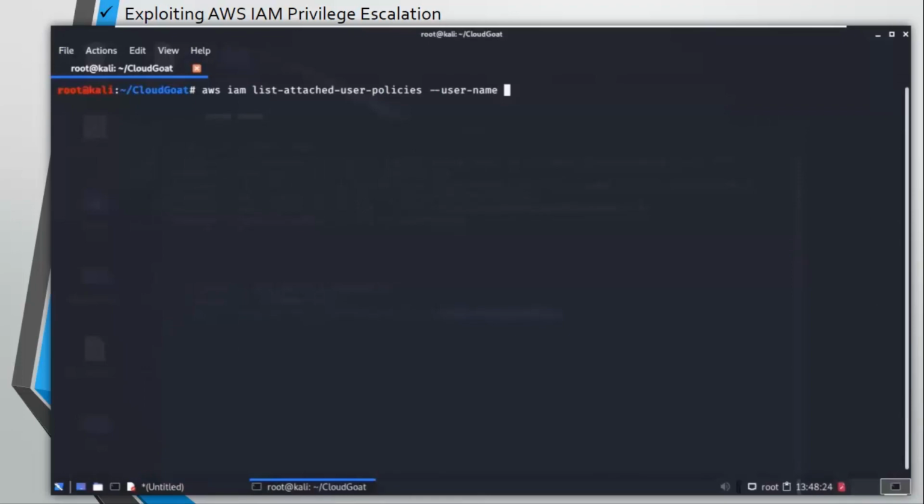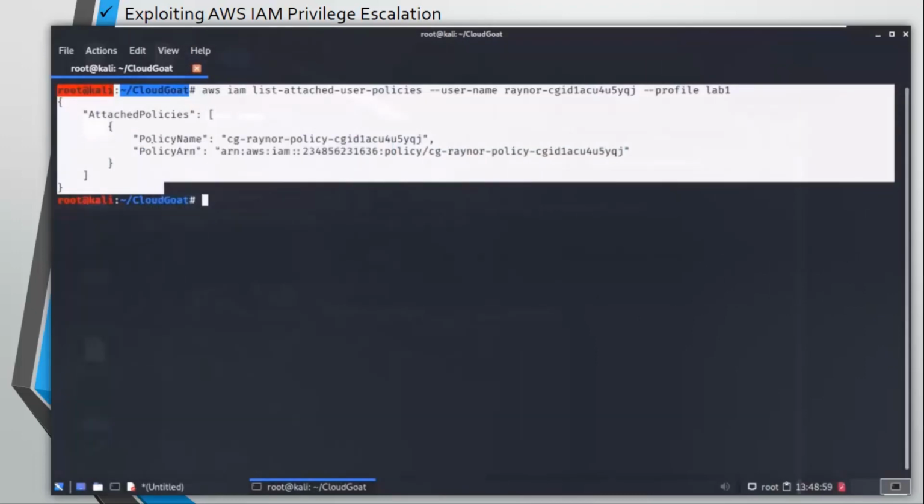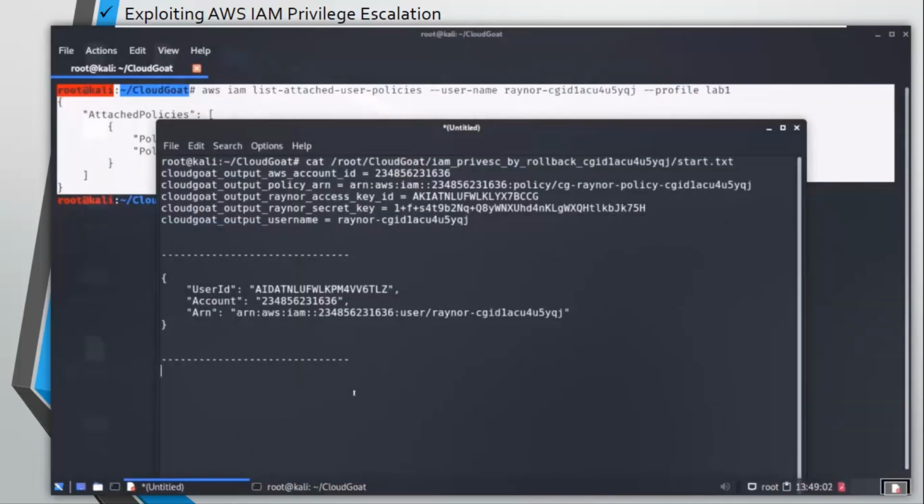You must find that these commands are pretty lengthy, and as we move along with this session, they are going to get lengthier. But once you get the hang of it, it's not that difficult. It is pretty simple, and you just have to type the first few letters and press tab. It is going to auto-complete the command for you. Just understand the structure. Once you have understood the structure, you are going to see that it is quite simple. So we can see the policy name is Raynor policy, and we have our policy ARN. I'm again going to copy this and paste it in a notepad.